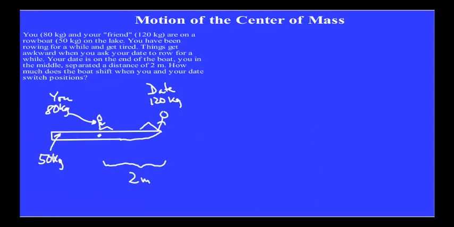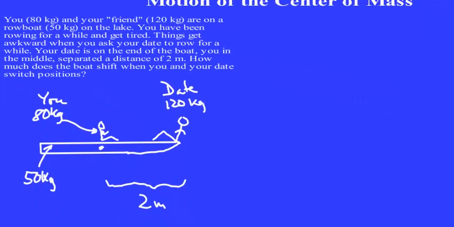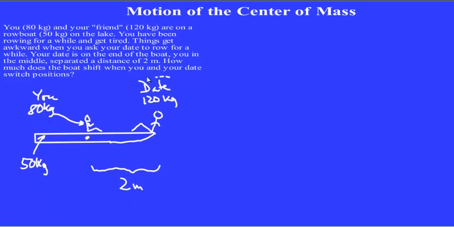Pause the video and give yourself a moment to read the example. I've gone ahead and drawn it out. So you're on this boat with your date, and you want to switch positions. Now again, if we look at this from a center of mass perspective, notice that although you're going to move on the boat, and your date's going to move on the boat, and it's going to rock back and forth,